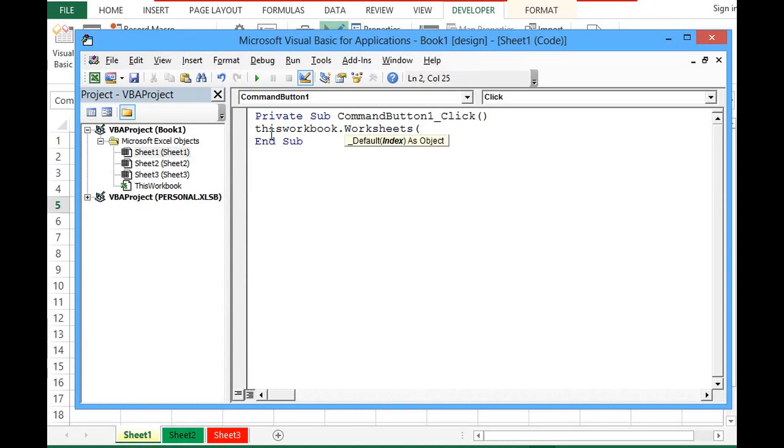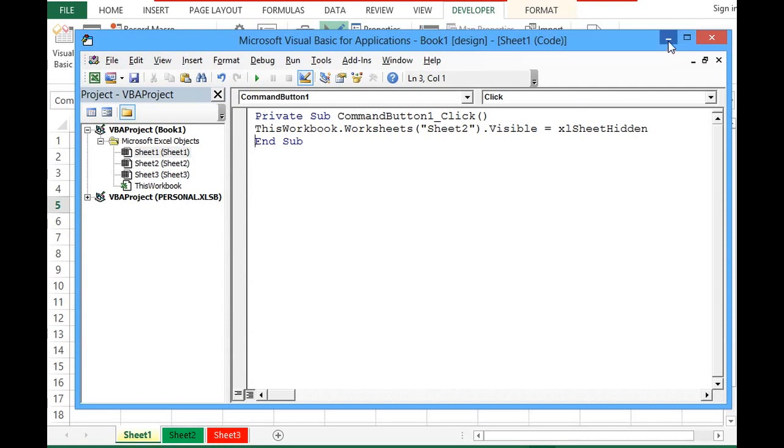So I want to hide Sheet2, then dot, and the property that I will set using VBA code is Visible equal to xlSheetHidden. When I press enter, all the formatting is done.